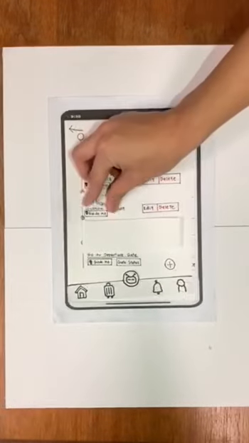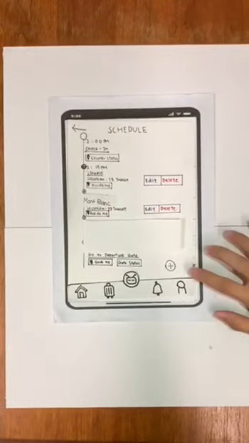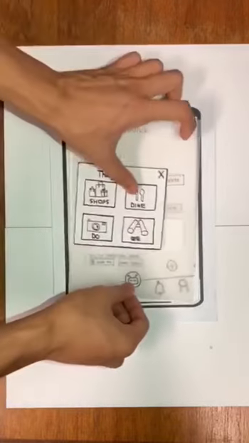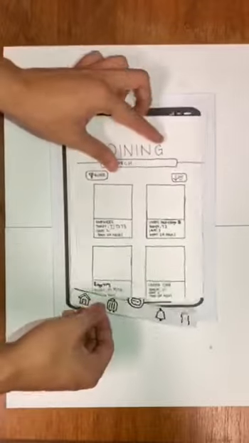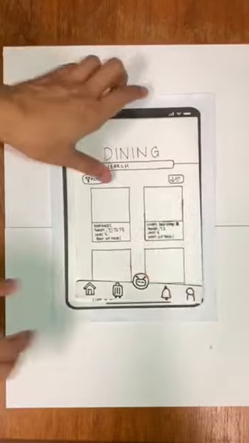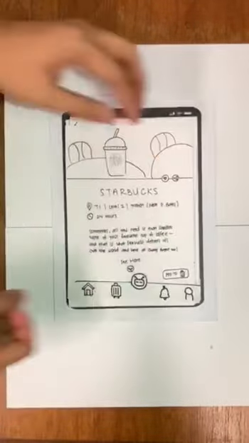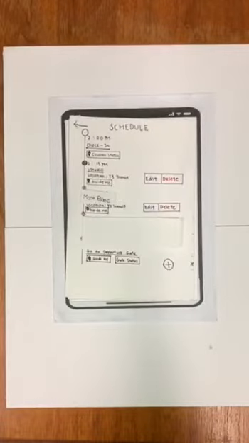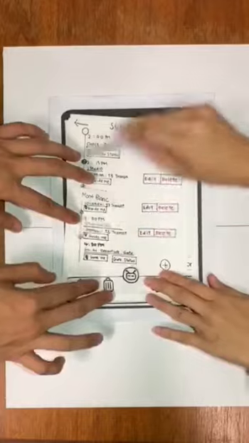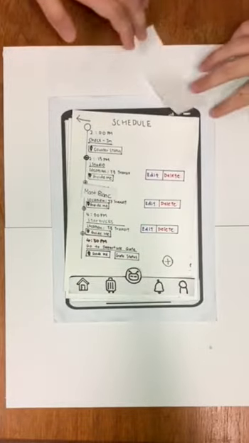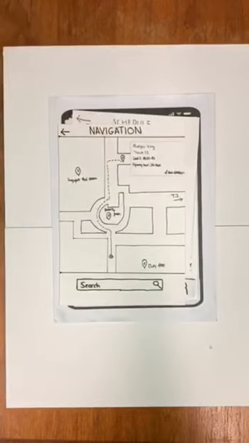After buying all the souvenirs, he decided to find a cafe near to his boarding gate to read his emails. He takes out TravelPal to find the nearest cafe, adds it to his schedule, and follows the navigation function that guides him to the cafe.